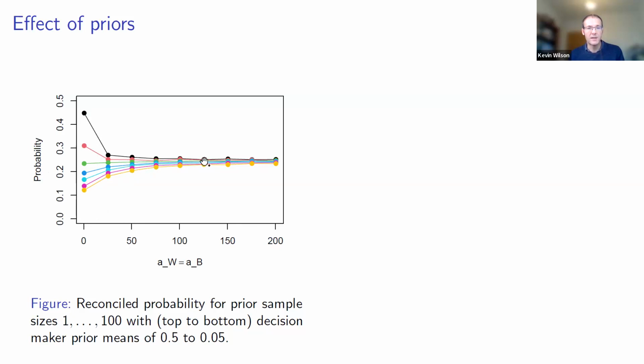So what you see is that as you give more trust to the experts and give more certainty to their judgments, then the decision maker's prior distribution has less of an effect on the aggregated probability. So essentially, you have to be able to assume that your experts know something, otherwise you're going to return just something close to the decision maker's prior distribution in the end.